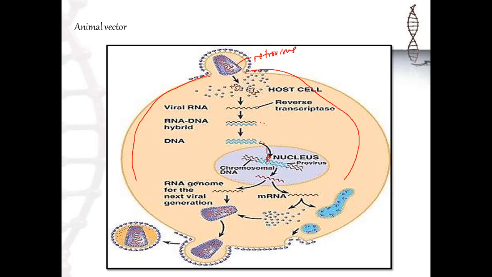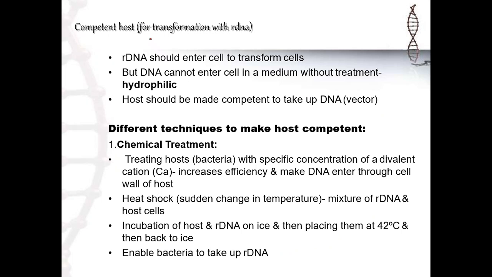Then, when it bursts, it produces many viral particles. That is the mechanism of the animal vector, particularly the mechanism of cancerous or viral cell multiplication within the host cell. Okay? But of course,